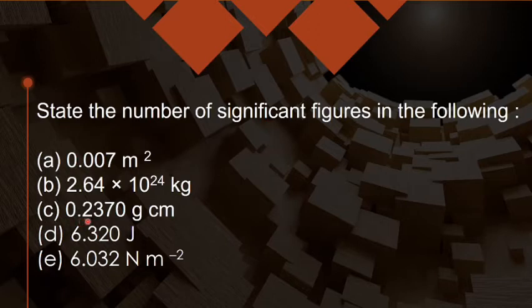And here the number of significant figures is 2, 3, 7, 0. There are 4 significant figures because it is coming from a measurement, so this 0 will also become significant because it will tell you about the least count. If it is not coming from any measurement, then I can drop it, not otherwise. Here 6.320 also has 4 significant figures. This is also having 4 significant figures.